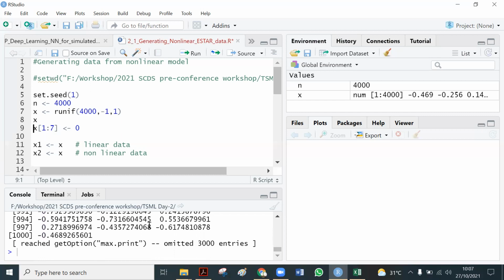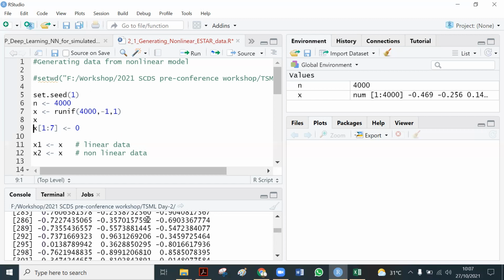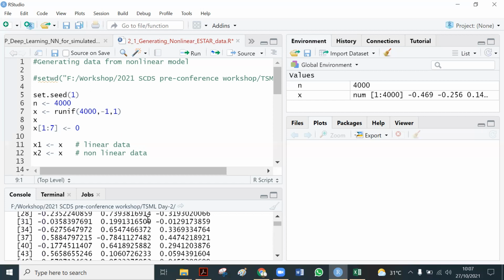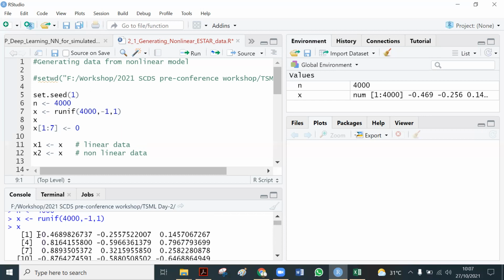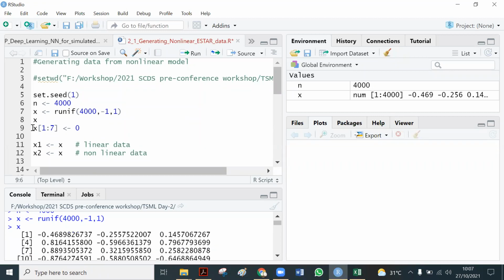And then we make the first 7 data become 0. Let me first check that the original generated data is like this. This is the first 7 data, which are not 0. But now when we execute this command, it means the data in cells 1 until 7 become 0, right?